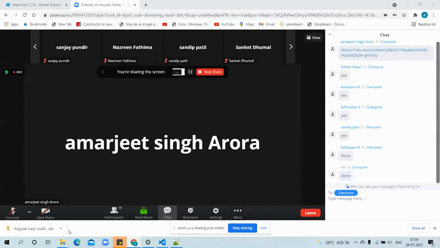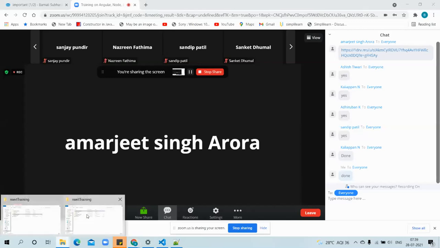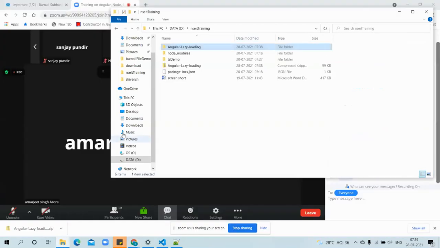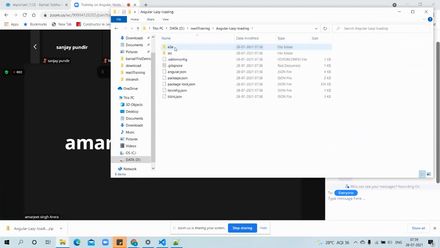Okay, can one of you please share your screen? Bernally, did you extract this? Just go inside this. Open the command prompt. Open the VS Code editor of this folder.